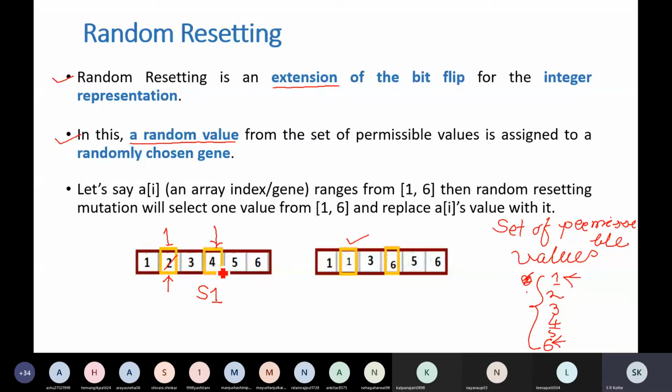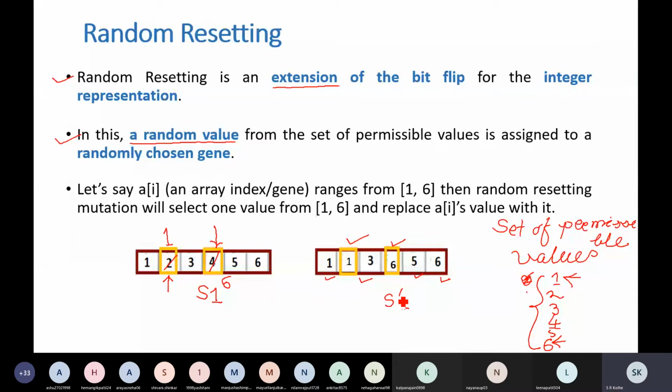So we are going to replace this 4 with 6. Remaining digits we have kept as they are: 1, 3, 5 and 6. So this is the resultant chromosome after performing mutation, S1 dash, if I call it.